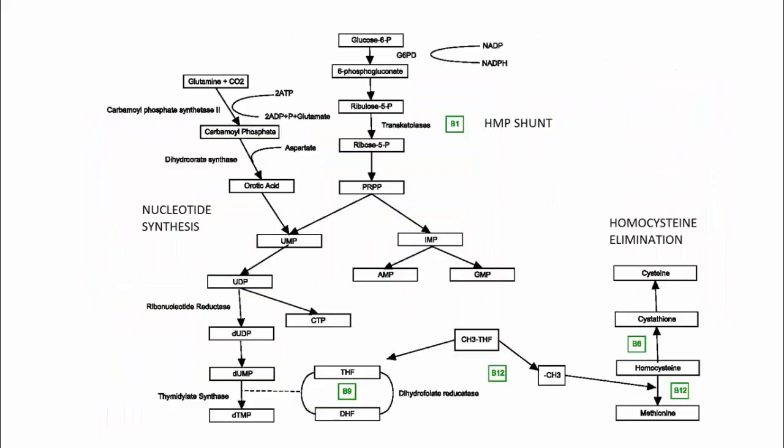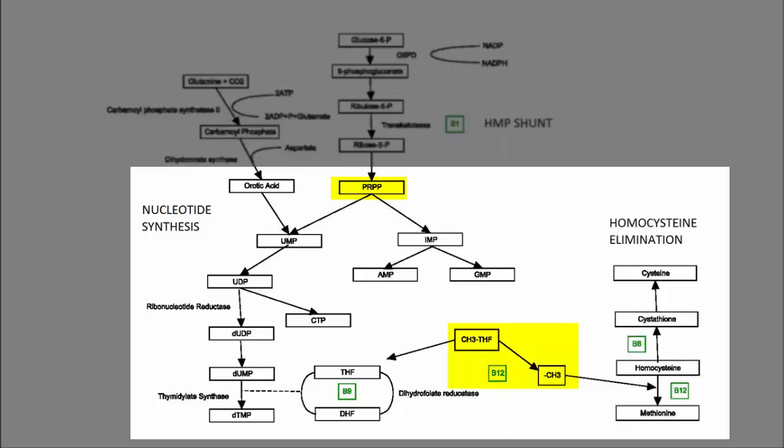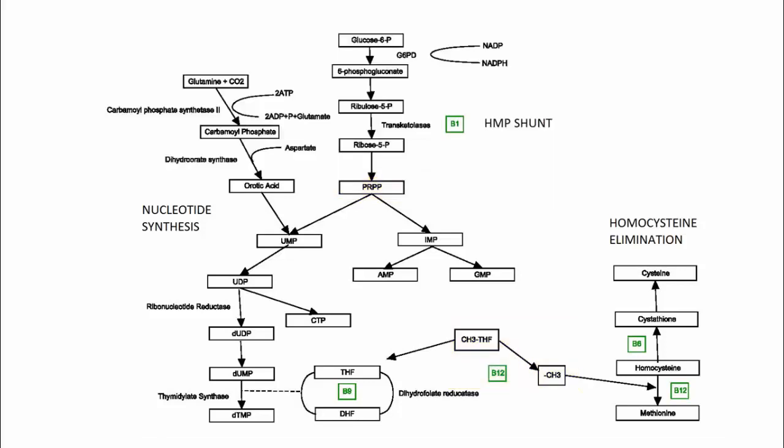So let's just take another quick look at all 3 of the pathways that we mentioned integrated together. As we can see at the top, the end of the HMP shunt will ultimately help us get PRPP, which is a key early substrate for part 2 that we talked about. And looking at the bottom right, we can see that the removal of a methyl group from methyl tetrahydrofolate plays a key role both in the process of homocysteine elimination and in the process of nucleotide synthesis. So if when you watch these separate lectures you can reference back to this slide, it should help you reason your way through problems that are based on any one of these 3